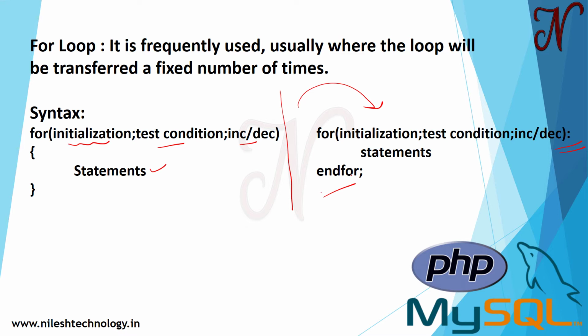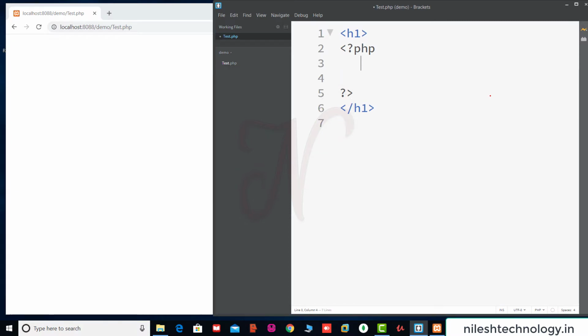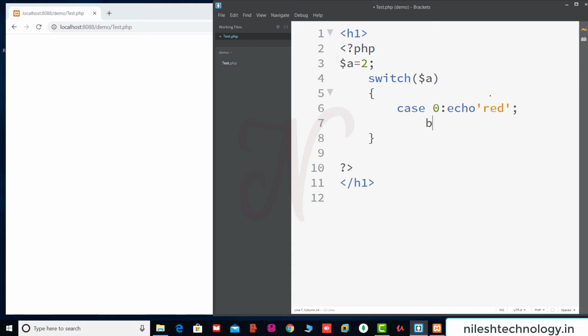So going to program mode. See here, we start our XAMPP server. Here we remove this code, and first we use the switch statement. For example, $a is equal to 2, and we pass this value to the switch statement. Then we use some cases: case 0, for example we print red color, then break.